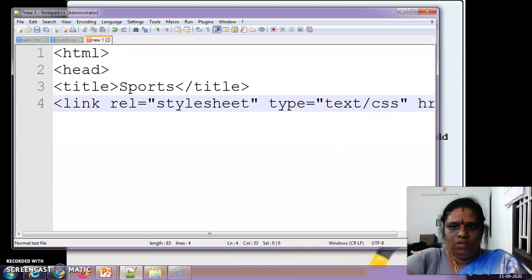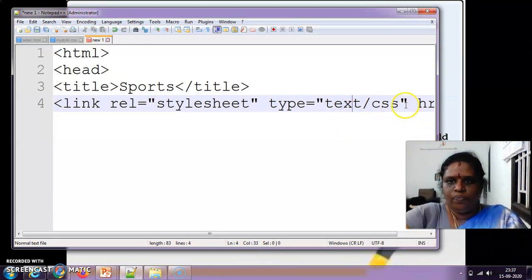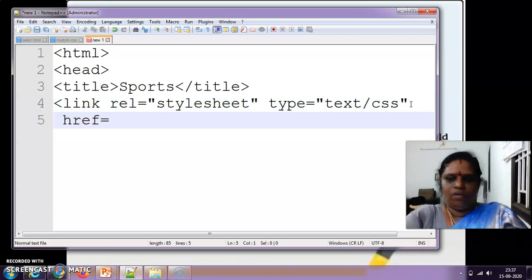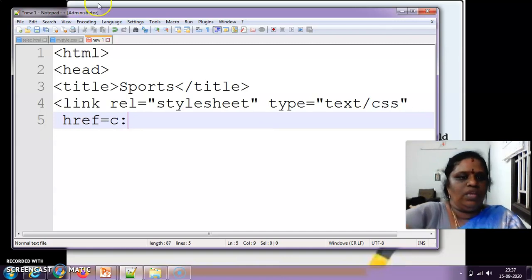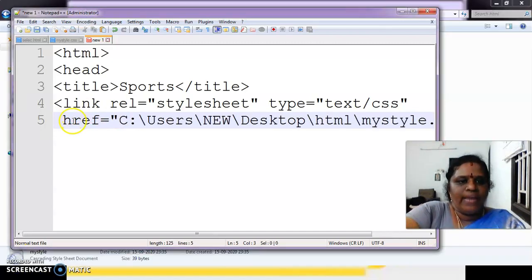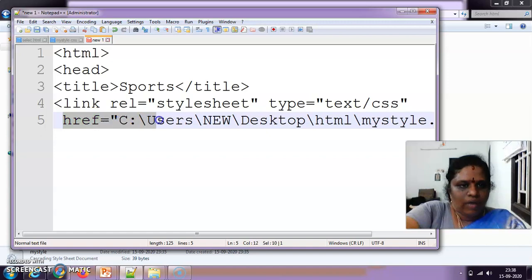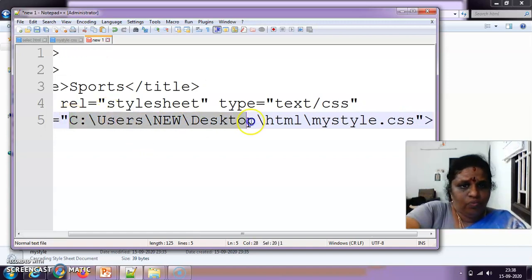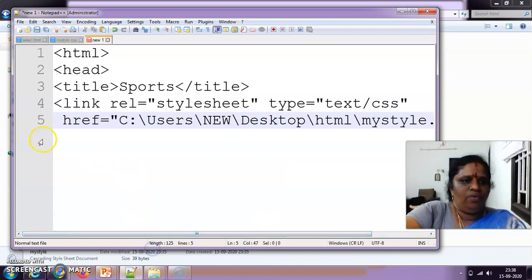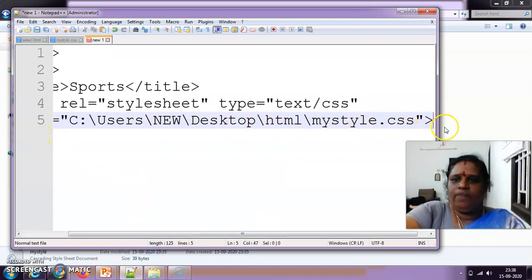What do you want to give here? See the full thing. We want to type the reference fully. This is called the full location. href is the reference file.